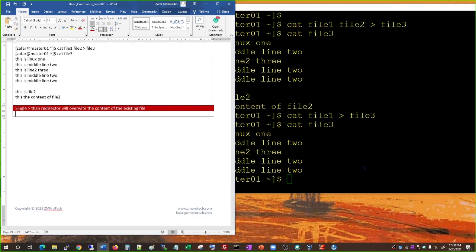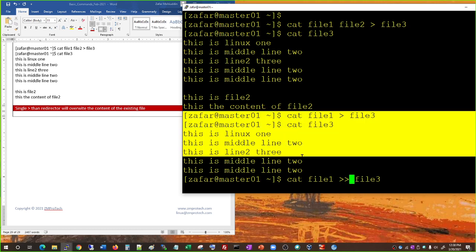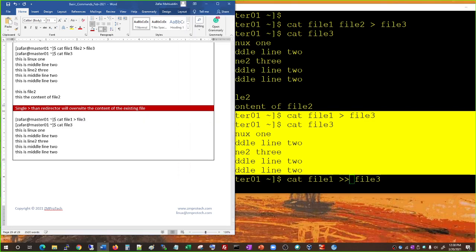So what is the solution? If you want to keep the existing lines and add to them, use the double greater than sign. If you do this single one, it will overwrite the existing file. To keep the existing lines,